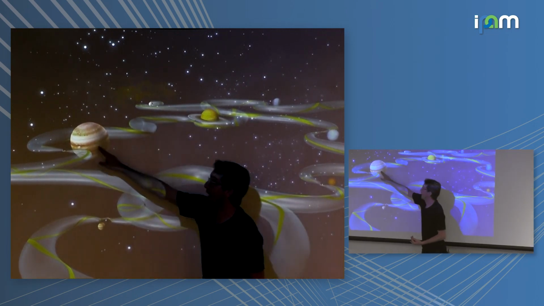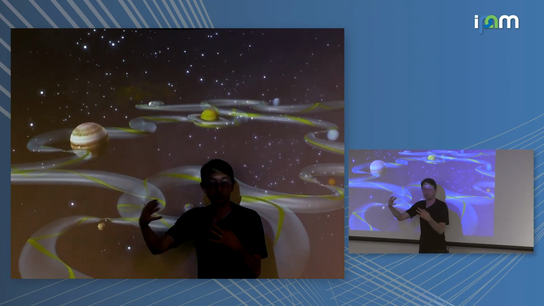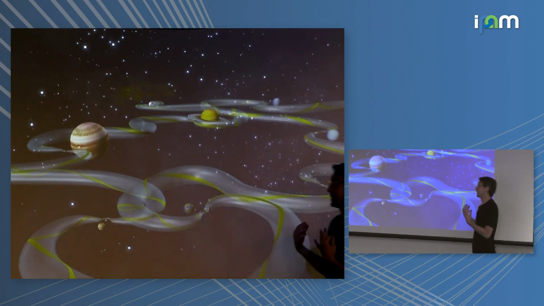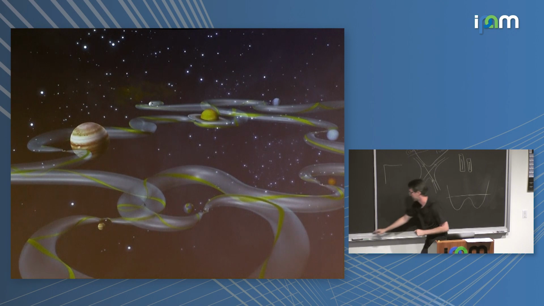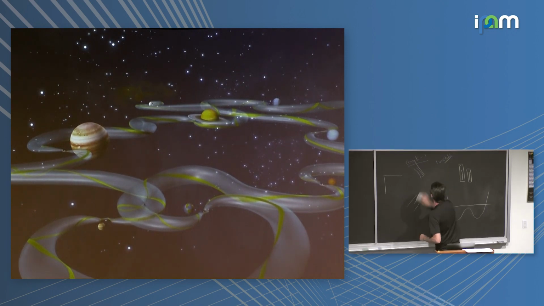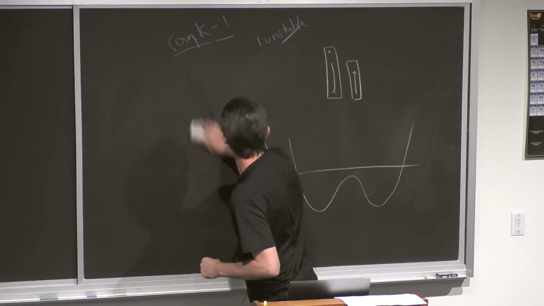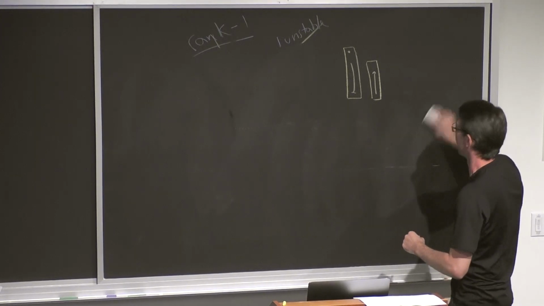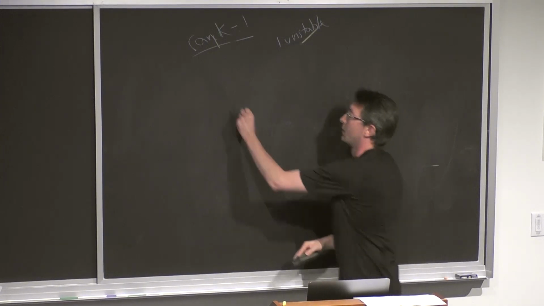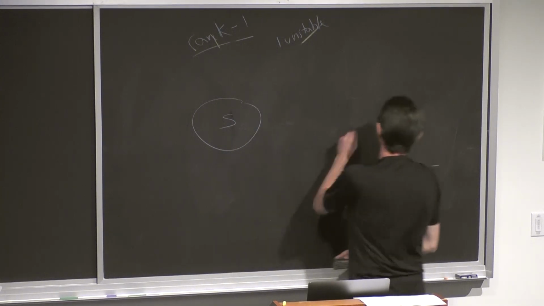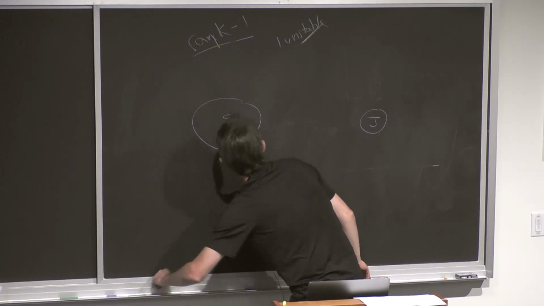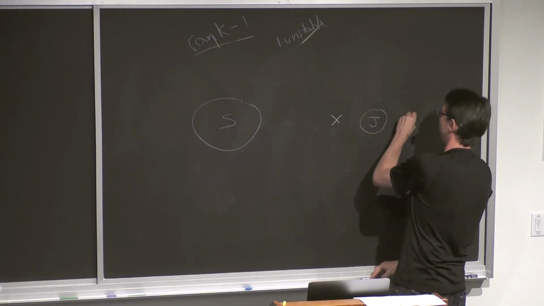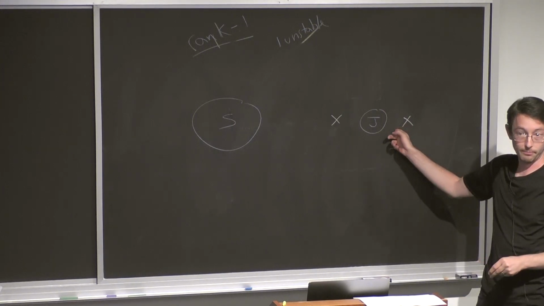And also Jupiter has these saddle points between Jupiter and each of its moons. And so essentially, I'll draw a little picture because I find this fascinating. I wasn't really planning on talking about this, but it's one of my favorite things to talk about. So if you have the Sun and you have Jupiter, and there are some fixed points, I'm not going to draw all of them, I'm going to draw these two.